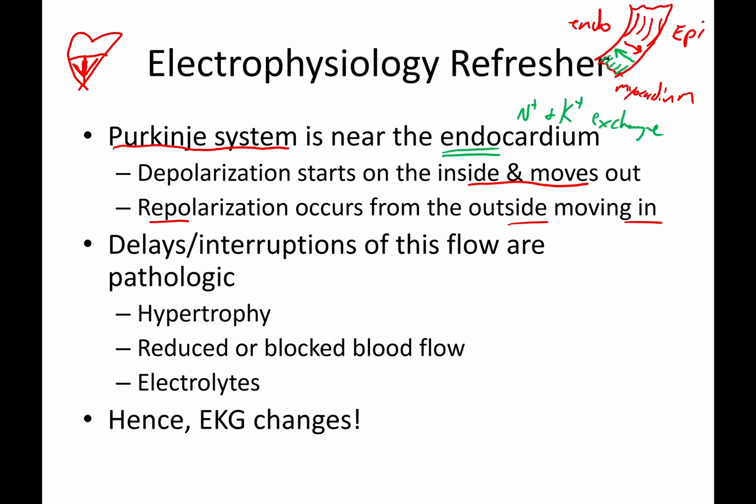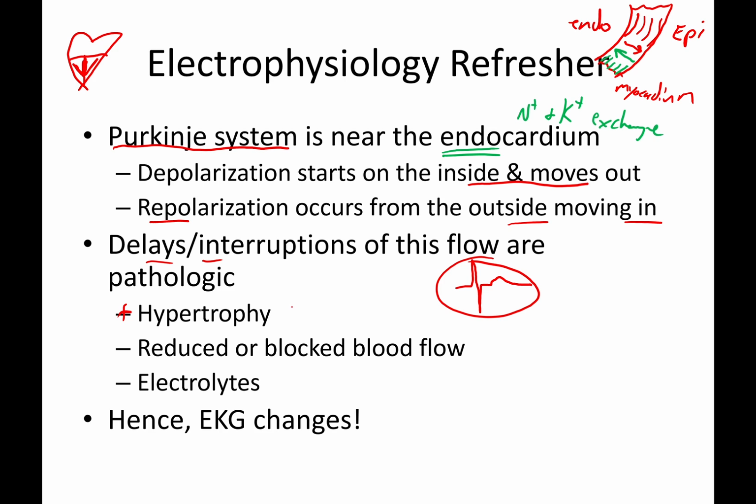The next part to talk about is that delays and interruptions in this flow are pathologic. So we should always see, change my color back here. So a normal ventricular depolarization should look something like this with a nice T wave on it, correct? Well, anything that's different than this means that there has been a delay or an interruption to the flow of electricity. Common causes would be